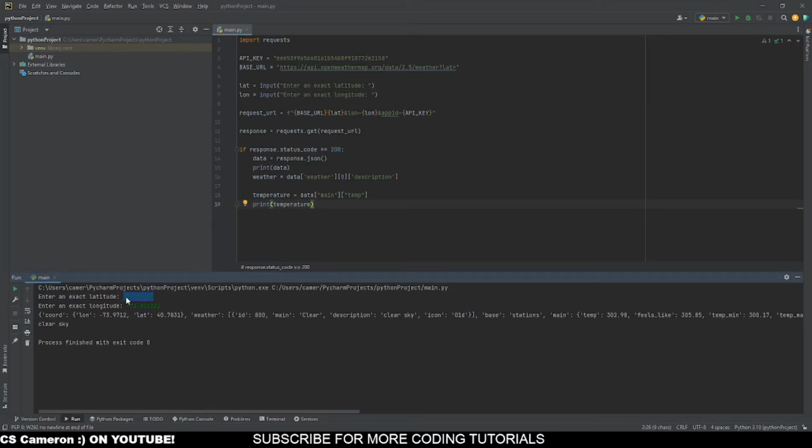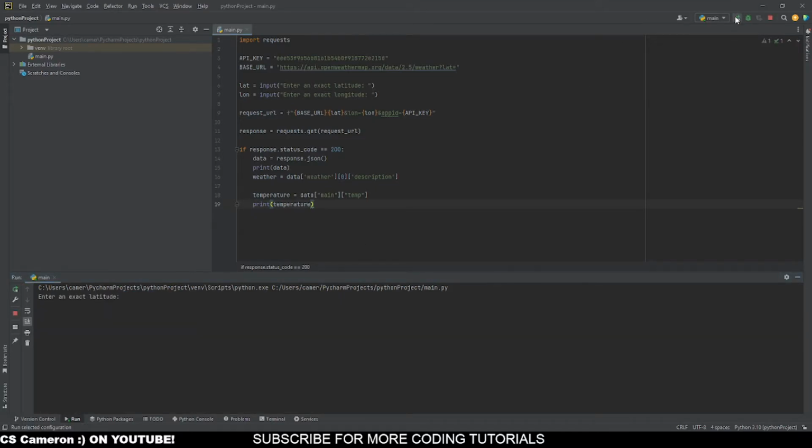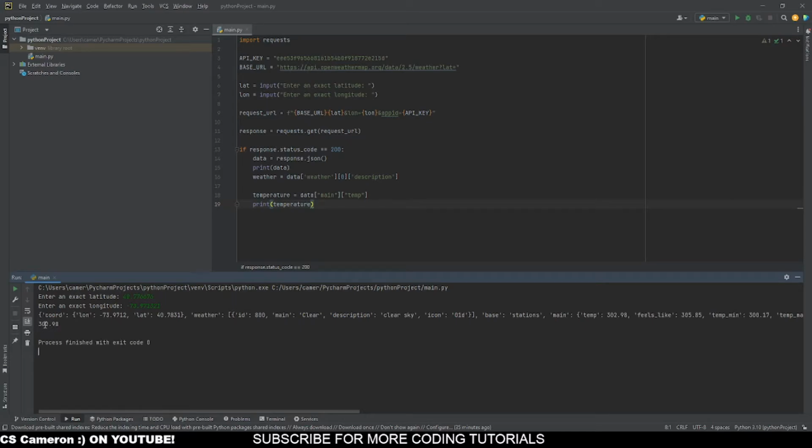Let's go ahead and copy these again. I mean, it should run it again, right? No, it shouldn't. Okay, so now it gave us the temperature of 302.98. So that is in Kelvin. I have no idea what that temperature is, but using an equation, we can get it to go into Fahrenheit. So now we got temperature. Now let's go ahead and